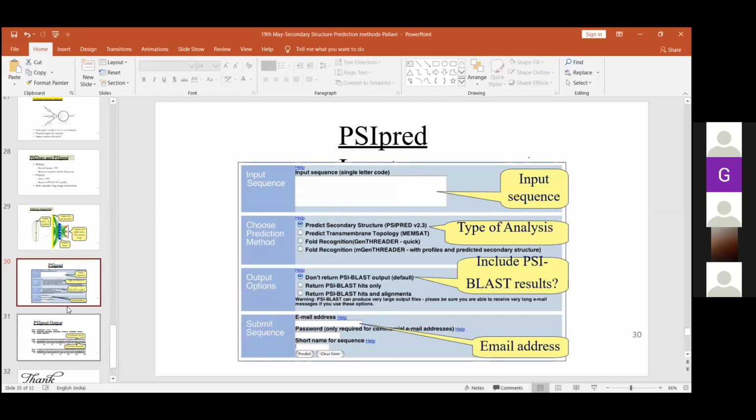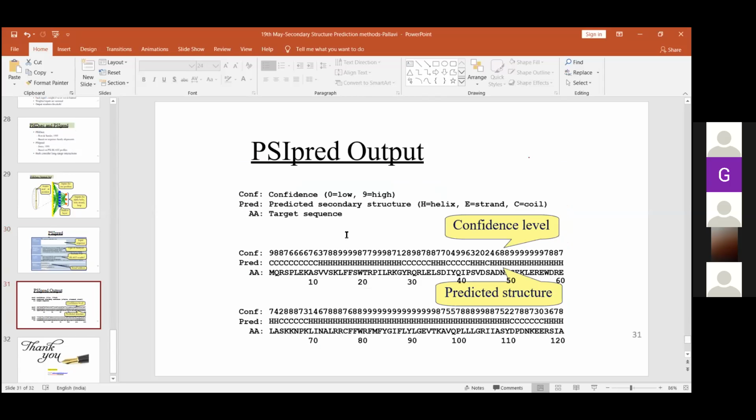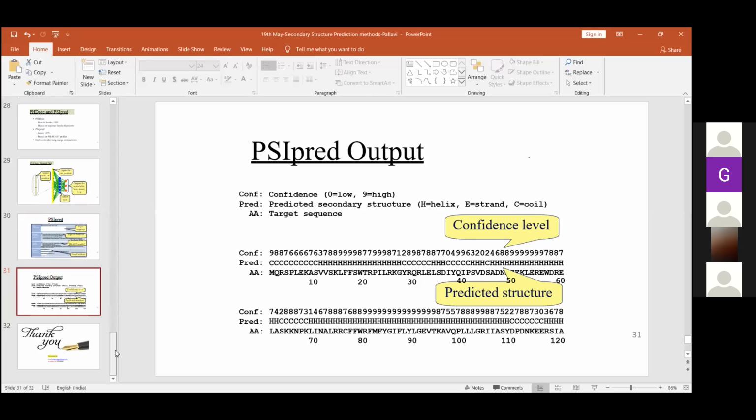And in output, you get a confidence level of Cypred. 0 to 9 is the scoring range for the confidence level, along with the predicted secondary structure. If it is a good prediction, you will get 9, very good confidence level. And if it is a low confidence level, you will get the value 0. Normally we don't take 0 into account. And the secondary structure you will get as H, E, or C. In my practical, for 10 minutes, I will tell you about the Chou, Fasman, and GOR.